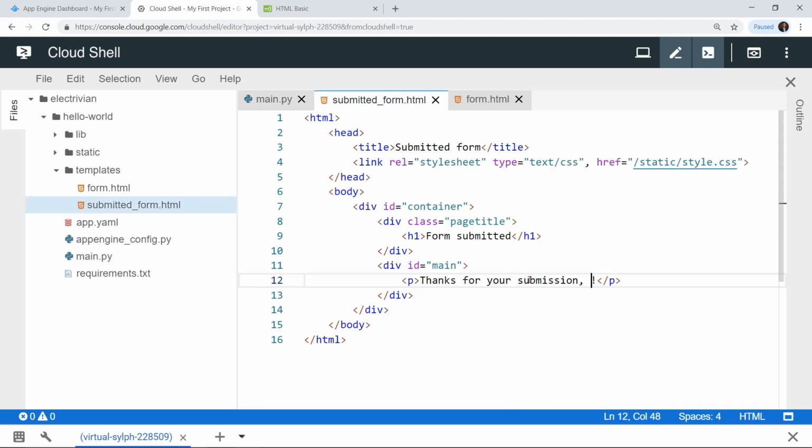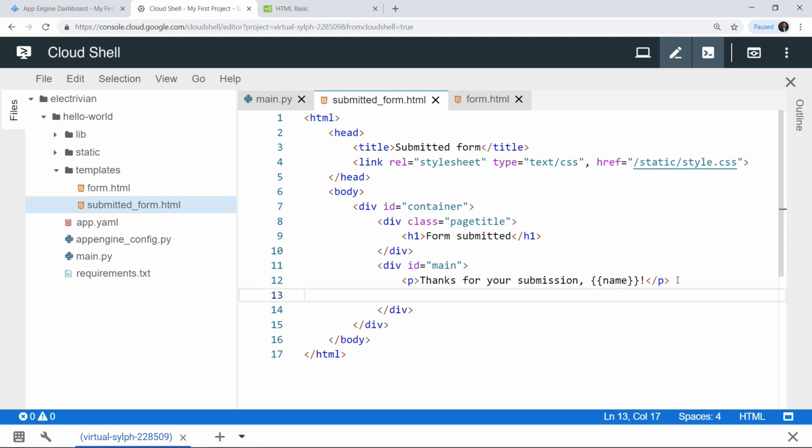So now to use any particular variable or to use any code from the Jinja templates, you need to add two opening brackets and two closing brackets. Okay, so anything which you put in between these opening and closing brackets is executed as code. So you have name over here. This essentially means that you have the value of name occupied at this particular place, and you have a space after the comma which you have given by yourself. Okay, so now we have thanks for your submission and whatever is your name followed by an exclamation mark.